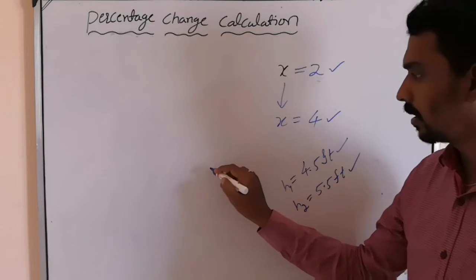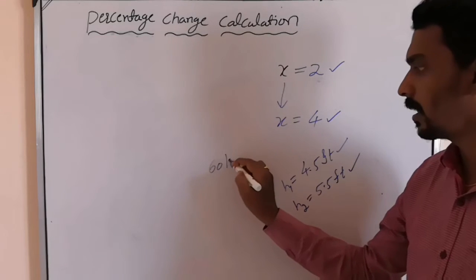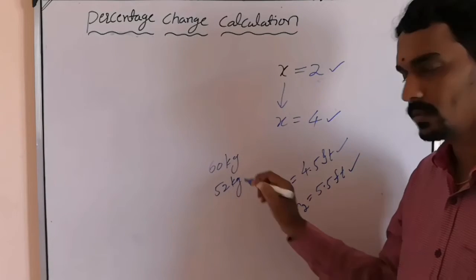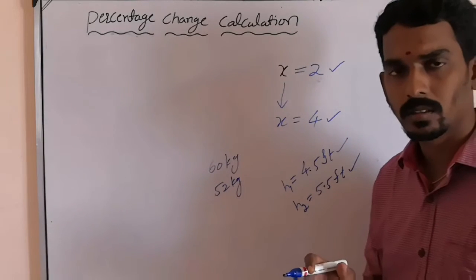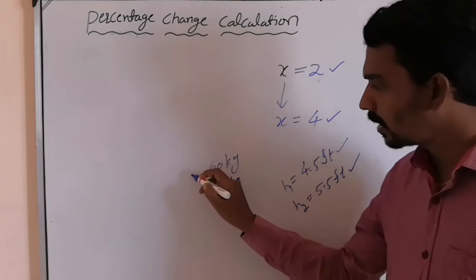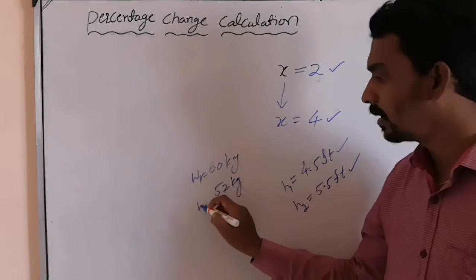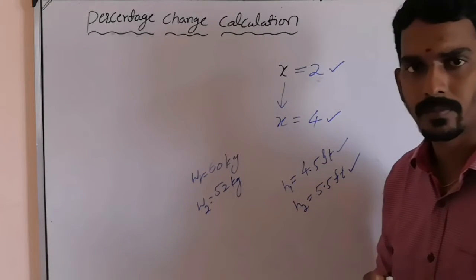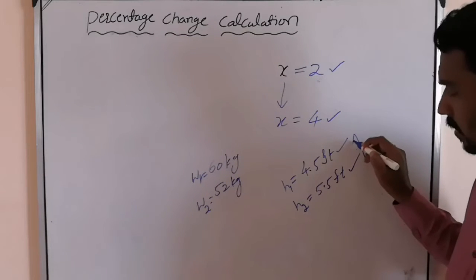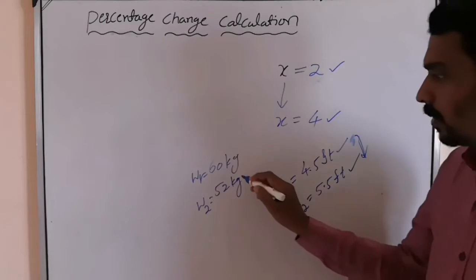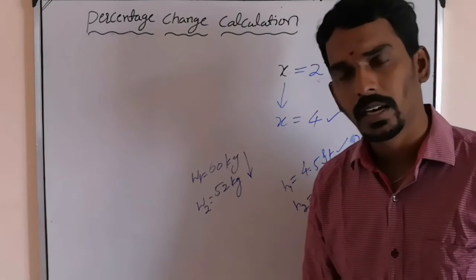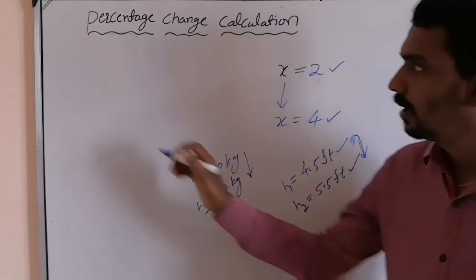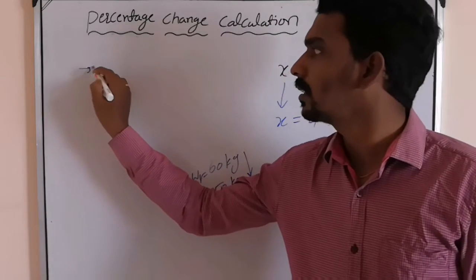In some cases, like before 1 year your weight is 60 kg. Now your weight is 52 kg. It got reduced. So here this is the initial weight, this is the final weight. Here the value got reduced. So value may increase, value may decrease, anything can happen. In such situations, we can say two things, that is